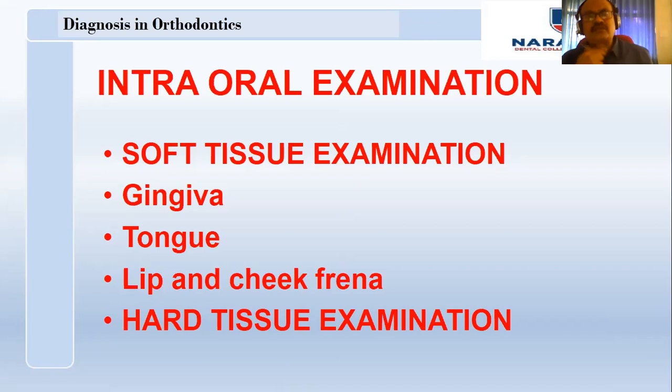Of course, another important structure is the adenoids. Examination of adenoids gives a clue whether the patient is having normal physiological growth or, due to swelling of the adenoids, nasorespiratory problems and upper respiratory tract problems. This may lead to what is called mouth breathing habit and the concurrent changes associated with it, like incompetent lips, breathing with the mouth, and inflammation. So you have to thoroughly examine the soft tissues.